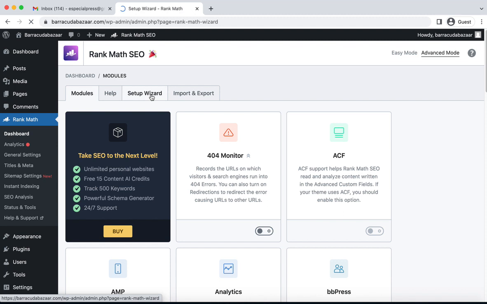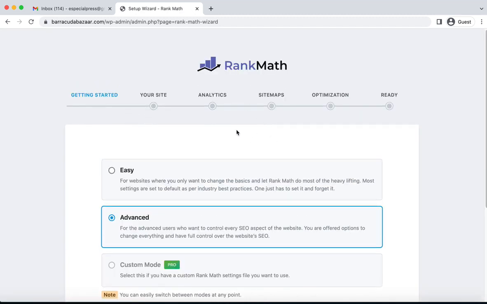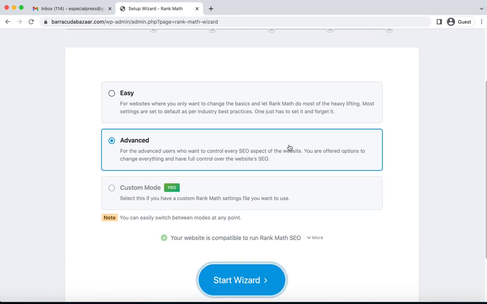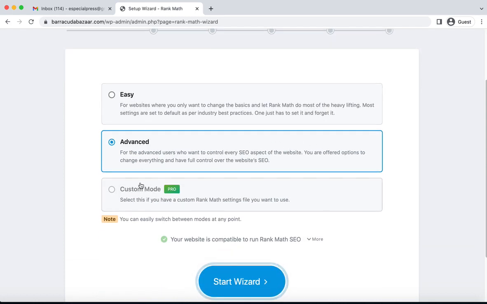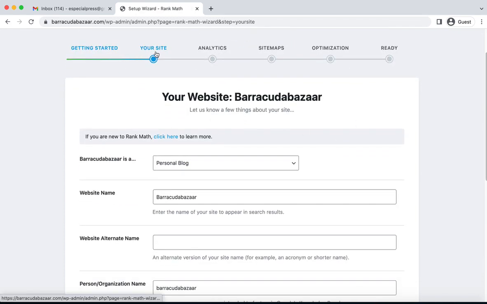So click this setup wizard and now we can see this is the setup wizard. So here are three options, which is easy, and the advanced option is selected by default. So we choose this one and then click start wizard, and then your site's